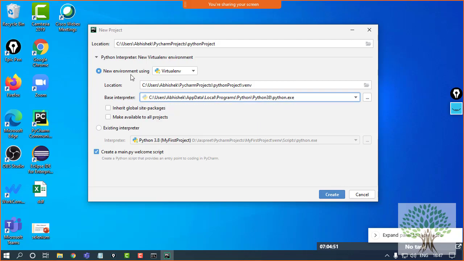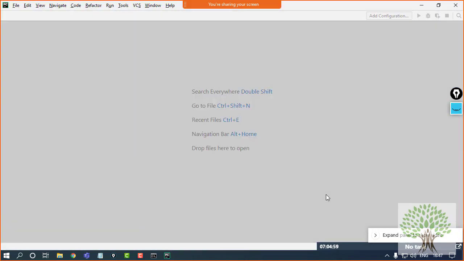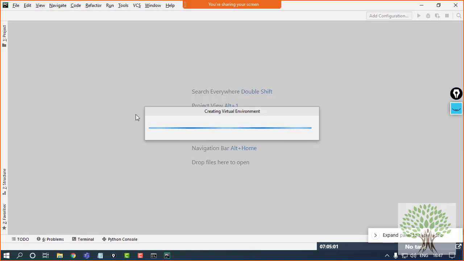This is the use of checking that checkbox. After doing this, you just need to click on create and your project will be set up for you. It needs to create some particular environment, so it's taking some time. We'll let it complete.